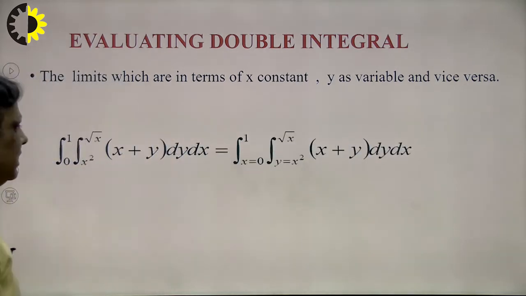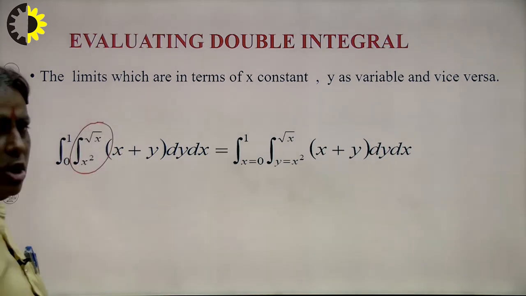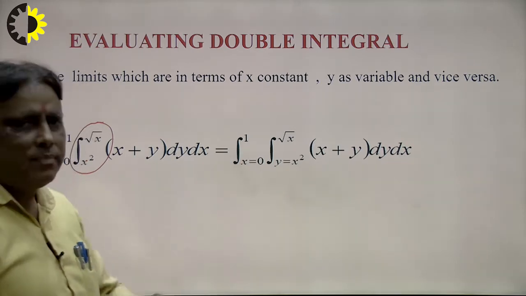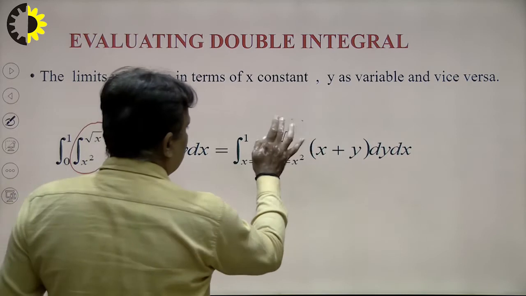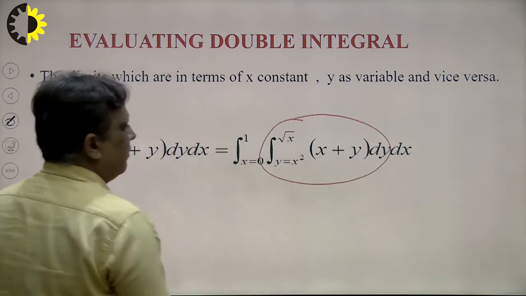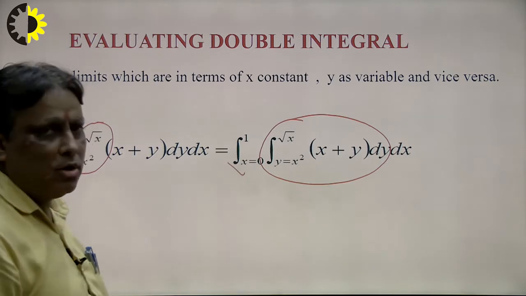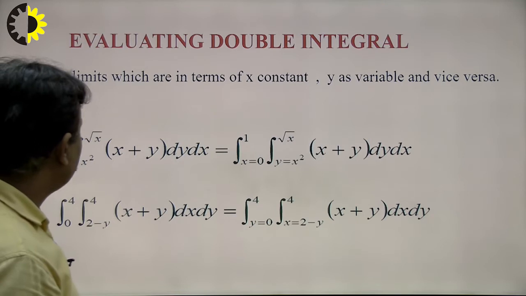Suppose I want to see the limit of y with the help of the diagram. First of all we integrate with respect to y and then we solve the problem. So students, keep in mind that first we solve this part, the integration of y, and after this we solve the integration limit of x. So a student can say that this is the easy procedure to calculate the limit.